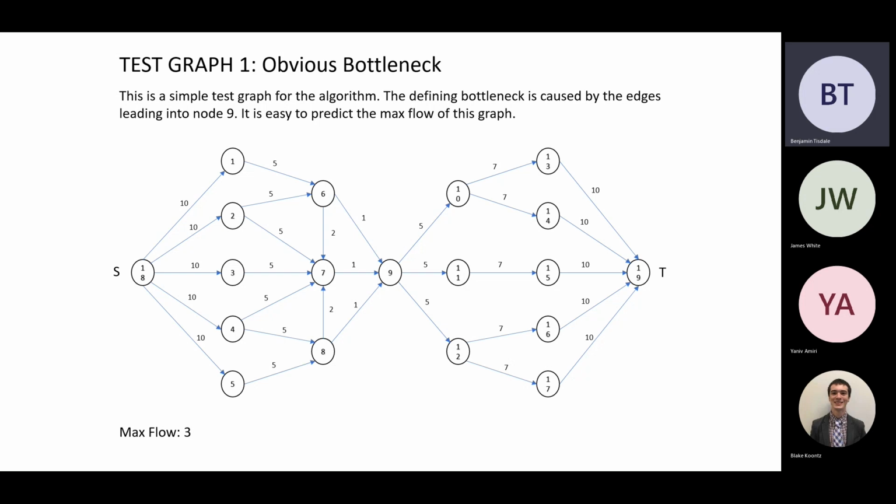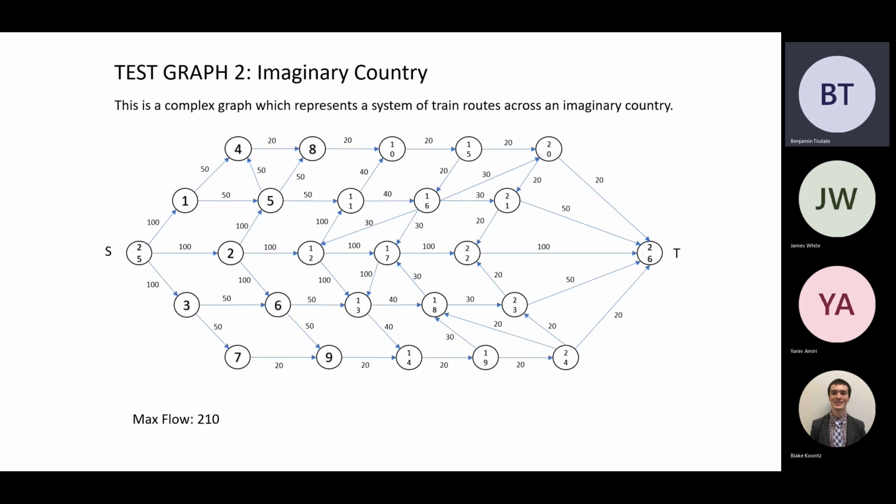Next slide. This is a more complicated graph that represents a train system through an imaginary country, but we solved this by hand and then checked it with the algorithm to make sure the algorithm is working, and we got a max flow of 210. Now I'll pass it on to Blake, who's going to talk about how we